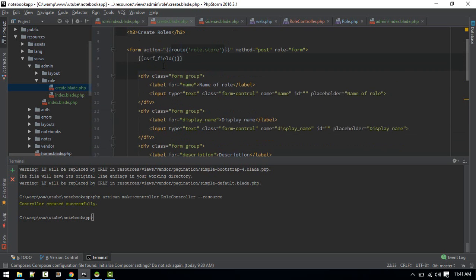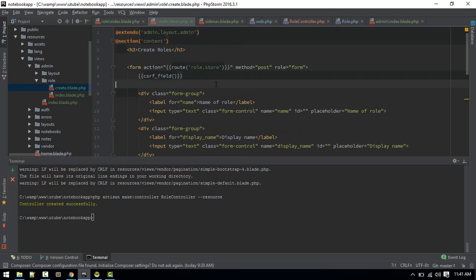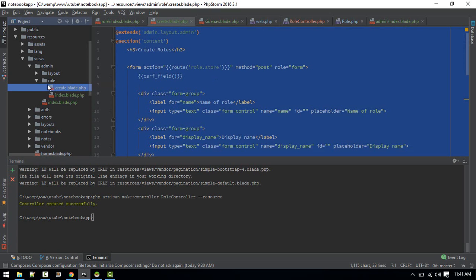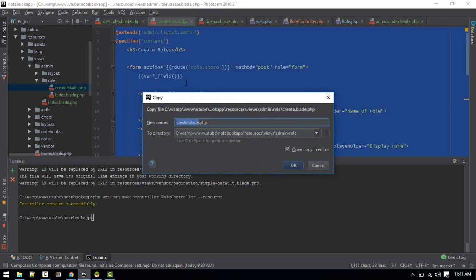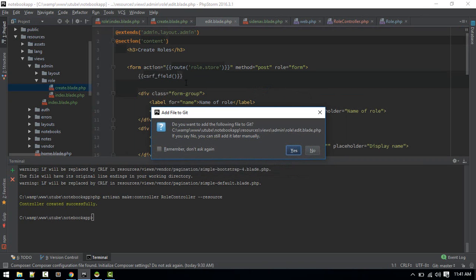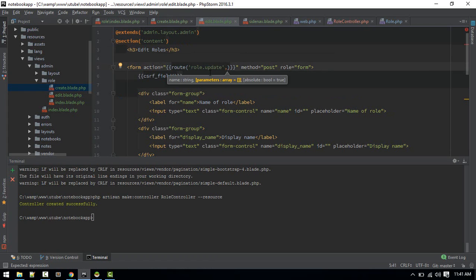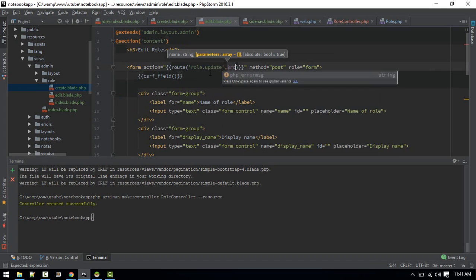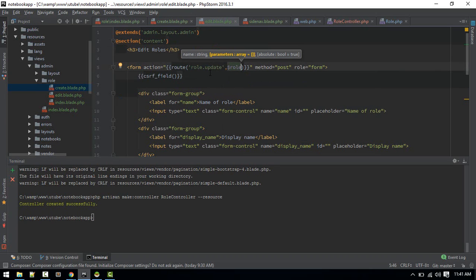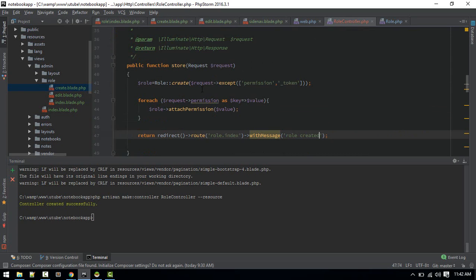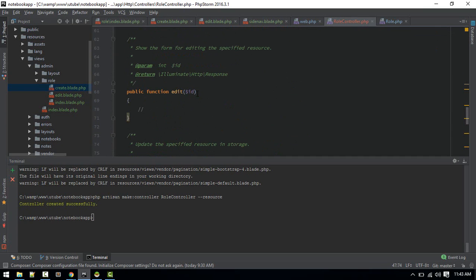Okay, so let's copy the create form, so edit form will be identical to create form. Okay, so this is our edit. So role dot update, and this time we need to pass the role ID. Okay, so let's go to role controller, and here inside edit,